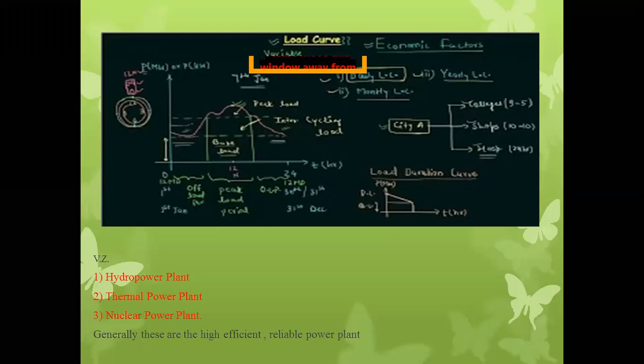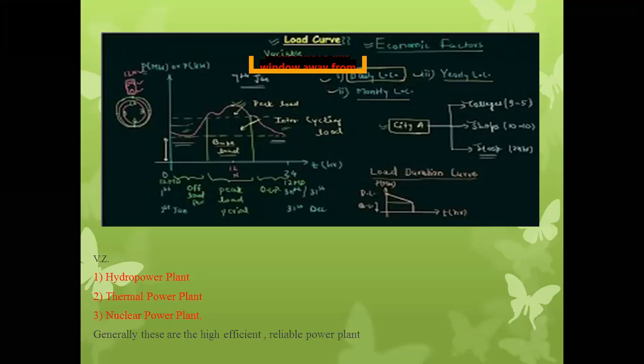For our convenience I have shown the load curve over here once again. So see over here, 0 to this much portion is representing the base load coming on the station, which is measured in either kilowatt or megawatt. So remember this point, the power plant which is going to supply the base portion of the load curve is nothing but the base load power plant.